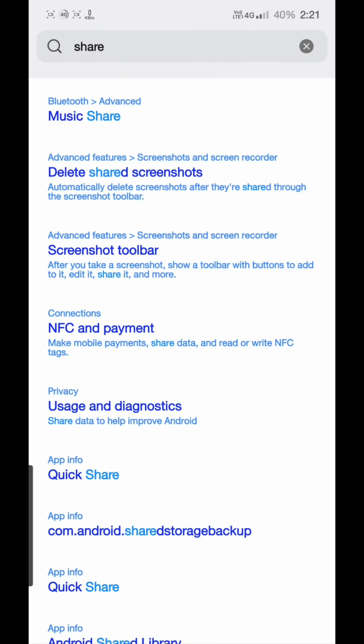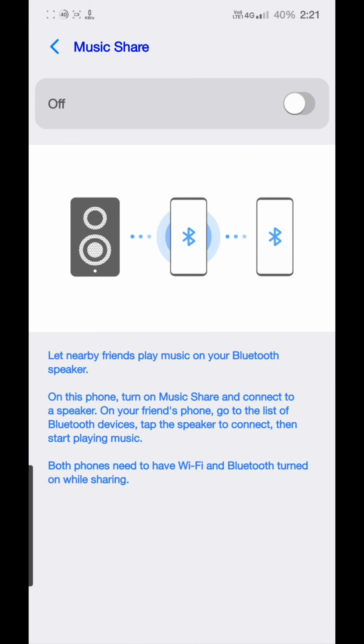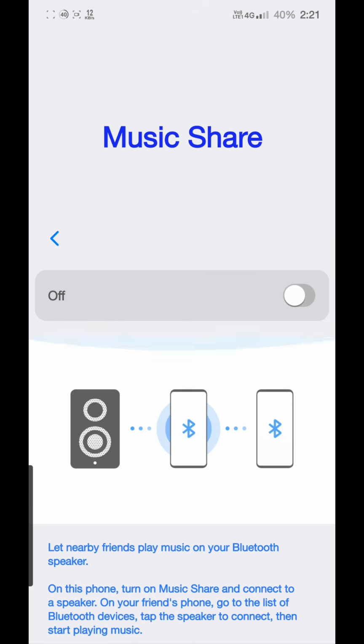Two more things have been added here. One is music share, from where you can share your music to another Bluetooth speaker or a friend's phone directly from here itself. So it would let you share your music on your friend's phone or on any other Bluetooth speaker. This is a great idea when you are at a party or somewhere.